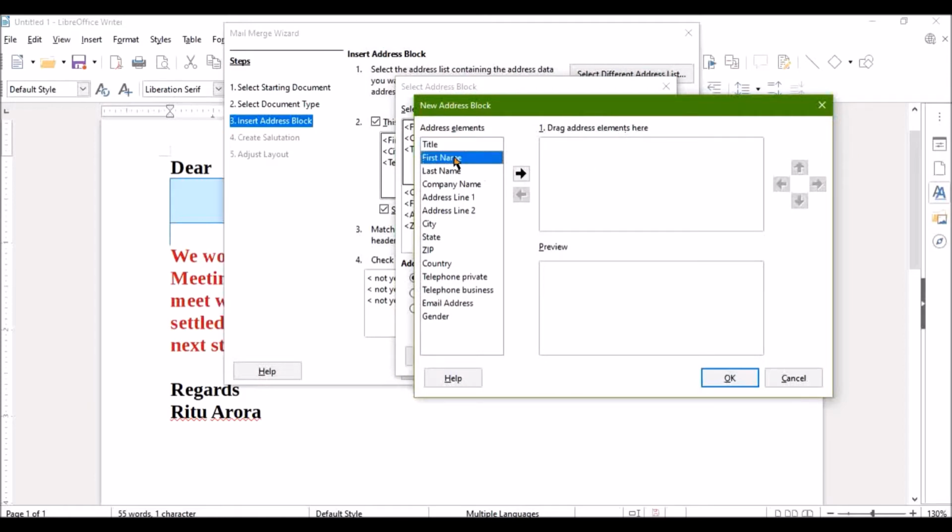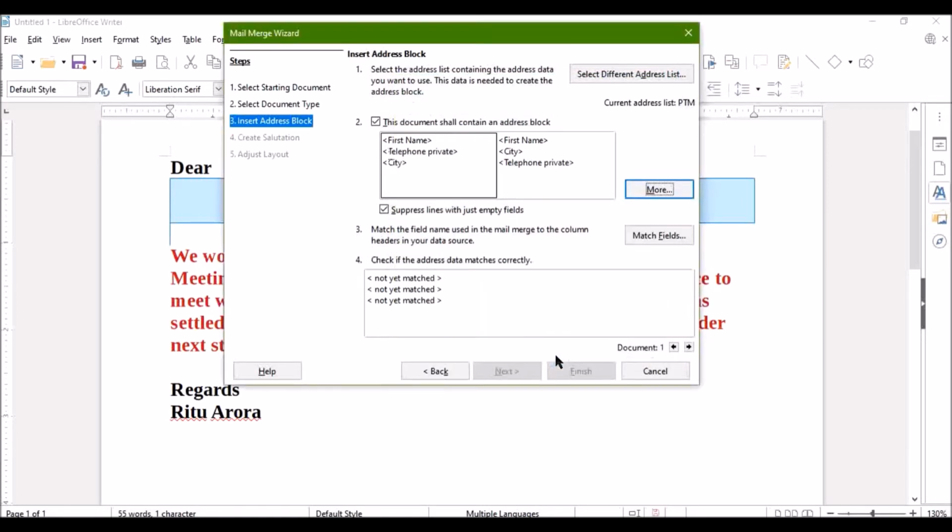Okay, so first name was there, you can just have the first name. Then the telephone was there, so telephone number is there. Now you want it below it, so you click on this arrow, and it has come down. And then the address was there. Let us go ahead and click on city, and then click over here. We want it below, so city will be below. So first name, telephone and city. This is the order that I want. Now I'll click on OK.